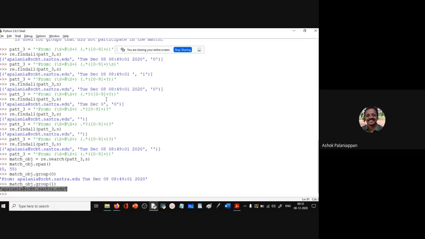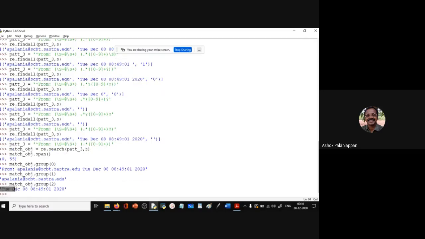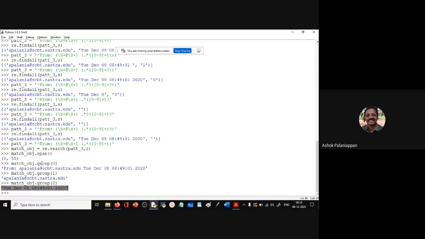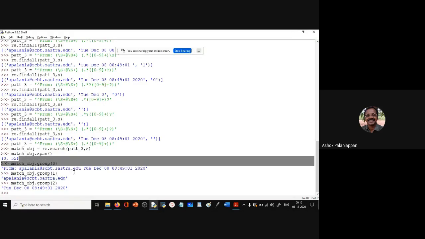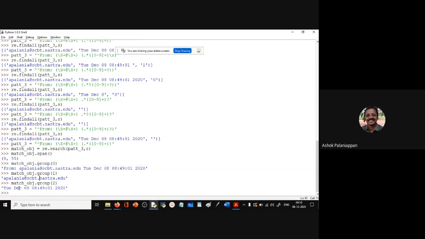Suppose I want to get what is there in the second set of parentheses, I say group of 2, and I get the second match alone. So you see, using the group of gives me the entire match and also the individual parentheses. But when you use find all, there is no way to recover the full match.